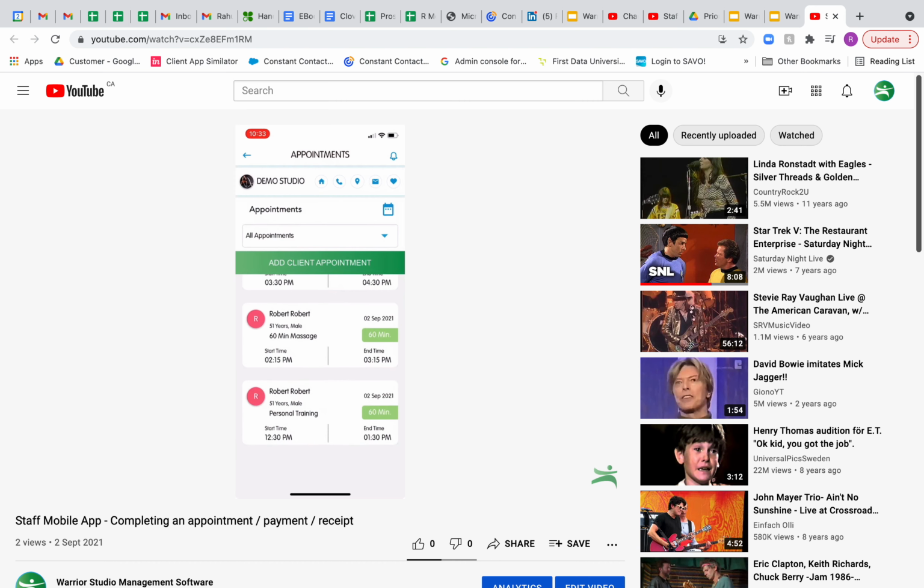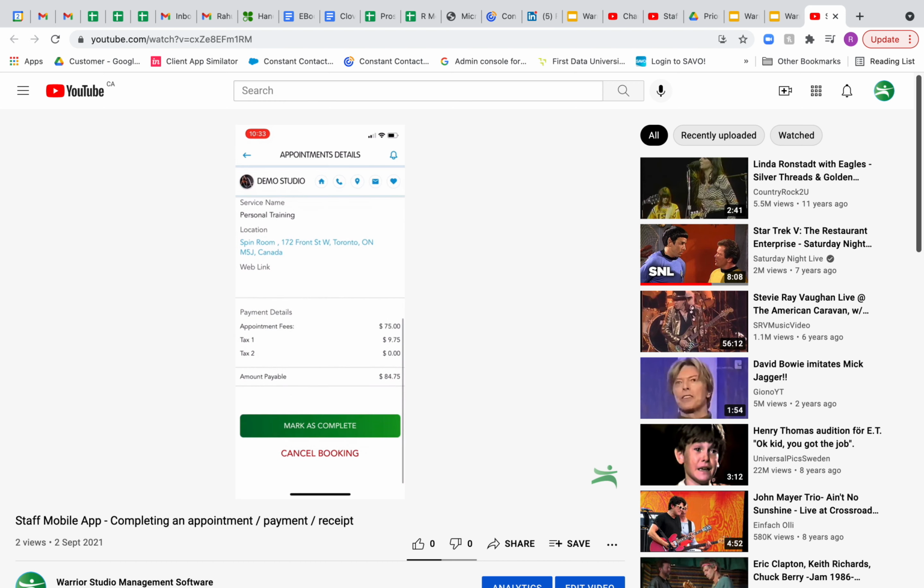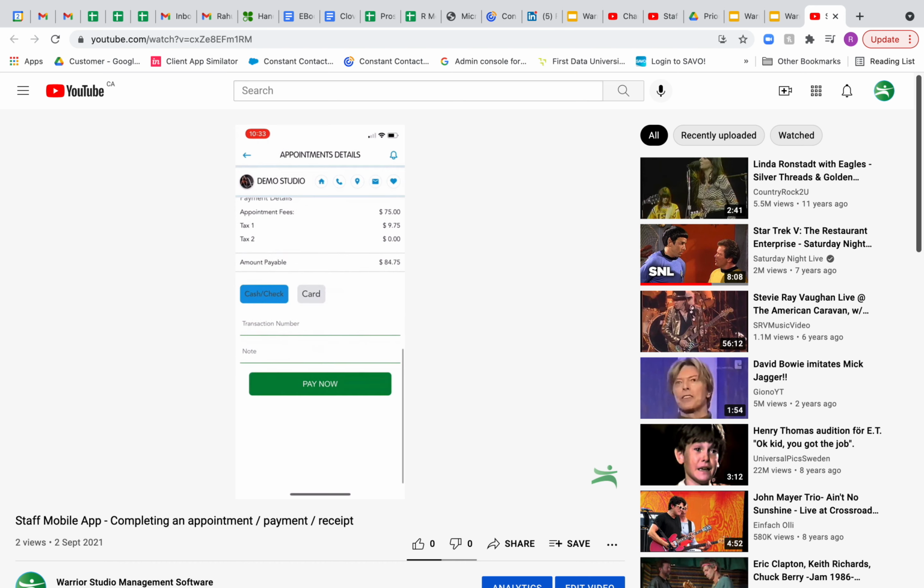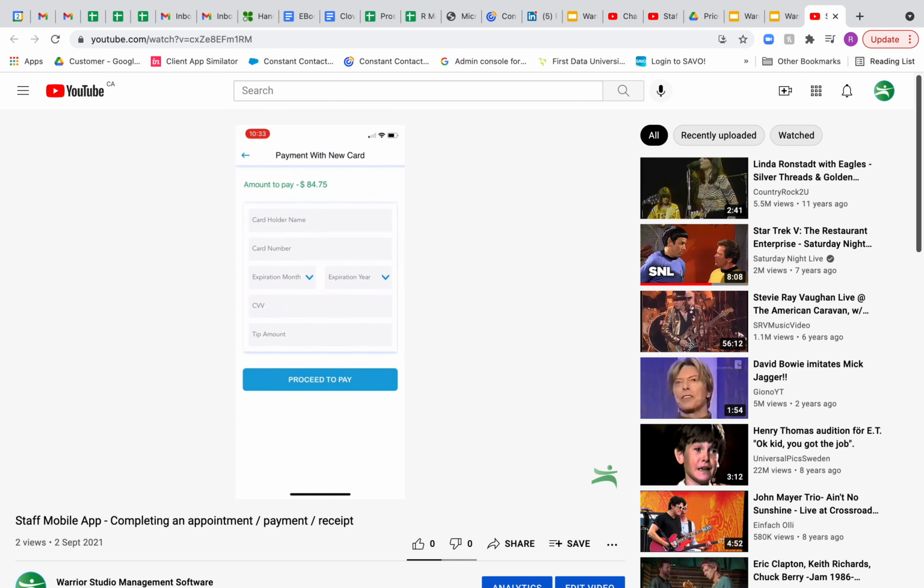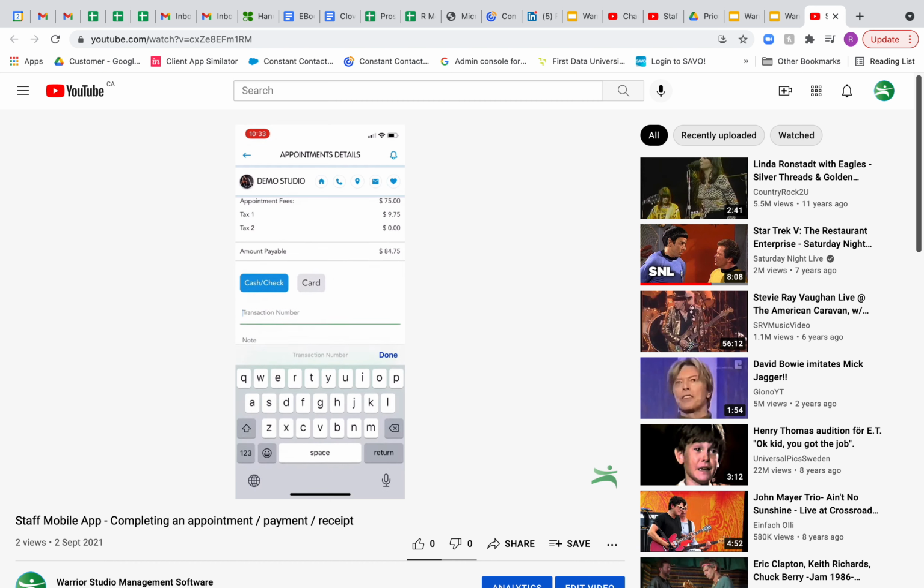In this case, I'm looking at all appointments, so I can actually confirm and complete other people's appointments using my mobile app. Here, I've just marked it complete and said, great, that's done. If I select card, then it goes to a card form. If I don't want to use a card, I can select cash and just mark that it is a cash payment